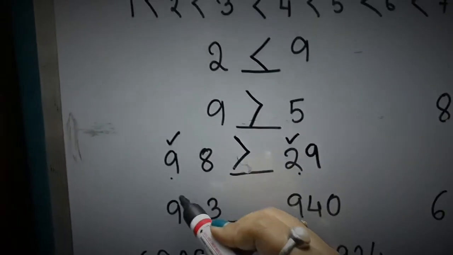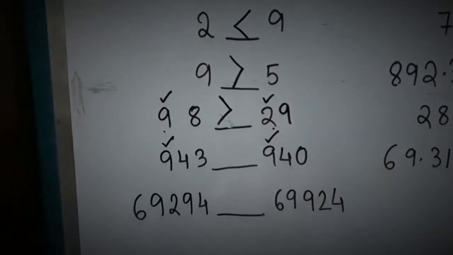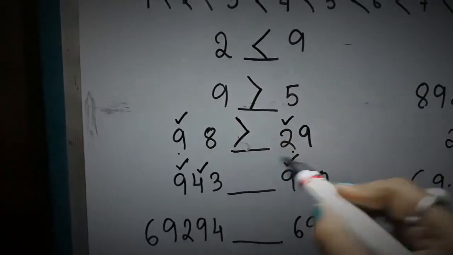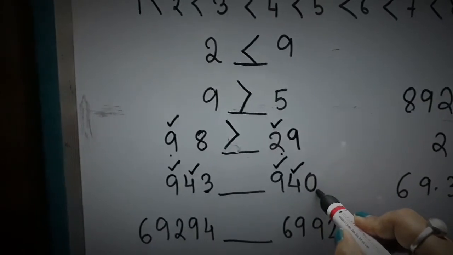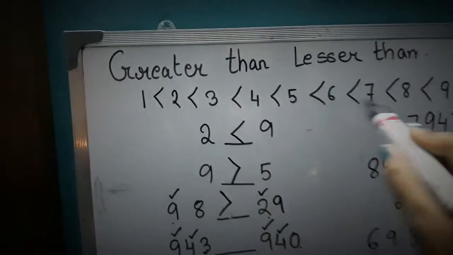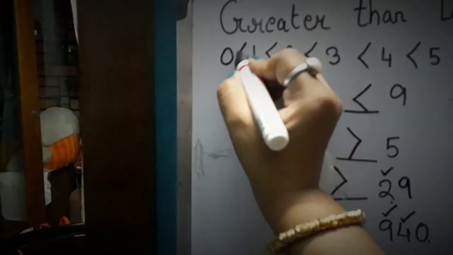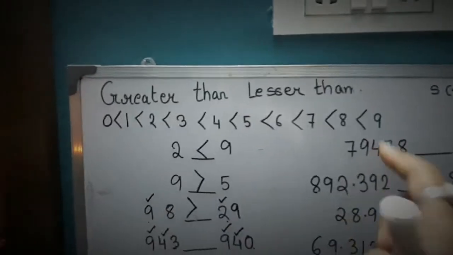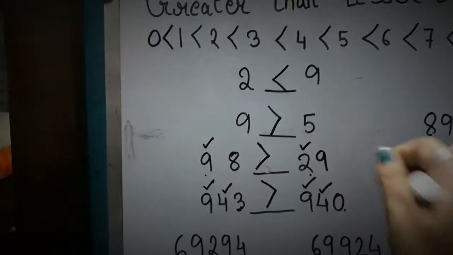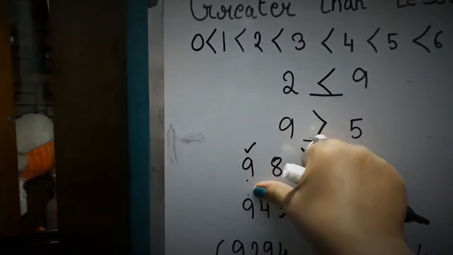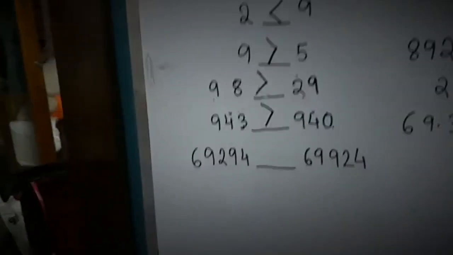See in this sum. First we are going to see which is greater. 9 and this side also 9, same. This is 4, here also 4, same. Here is 3, here is 0. Which is greater? 3, because we know this table. So 3 is greater. We can put a 0 also before this. So 3 is greater than 0. So this number is greater. You just do it in your mind. I'm just showing it with a tick. Just do it in your mind. Don't put a tick.